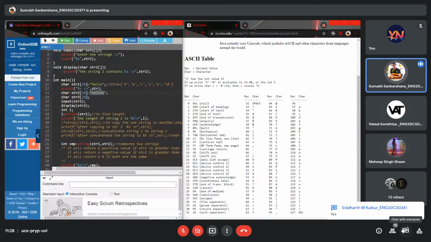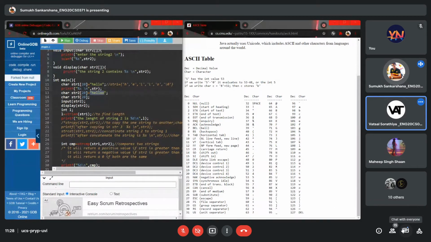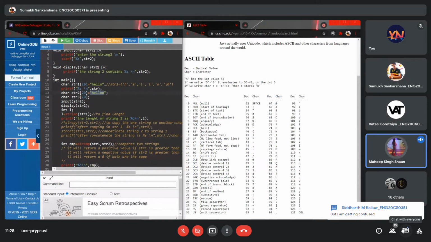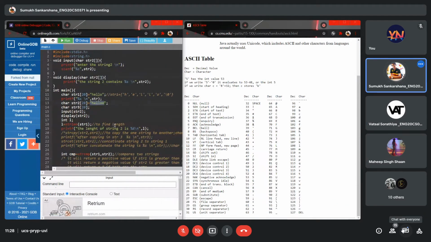Wait, tell me the reason. Siddharth, you tell me the reason. Nobody answers. You get 2 marks if you write in the chat box, 3 marks if you unmute. Come on, fast, unmute. Tell anything, even if it's wrong. But I'm getting confused. Yes, that's what we are telling you now. Unmute yourself. Okay, I guess you're not able to unmute because of some mic problem.